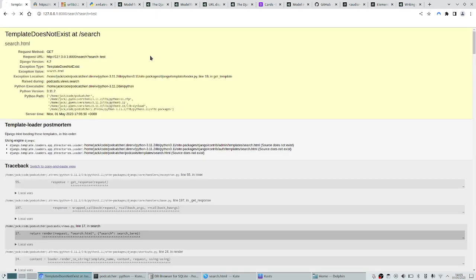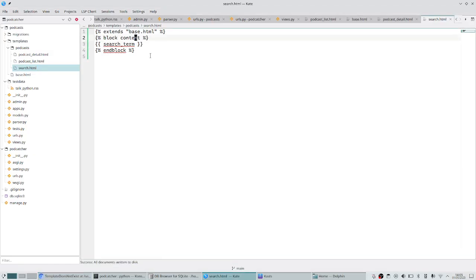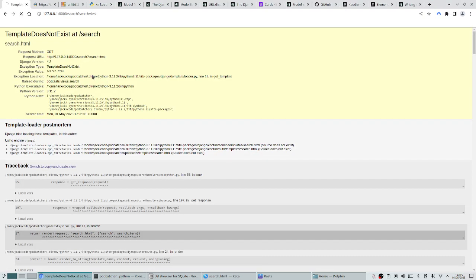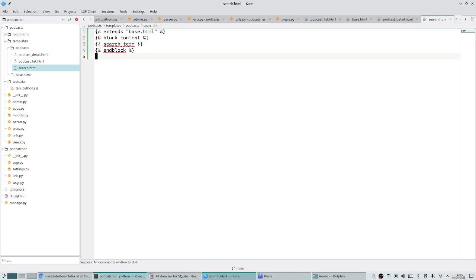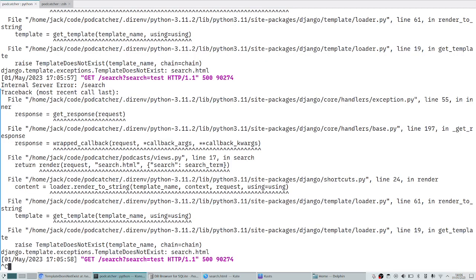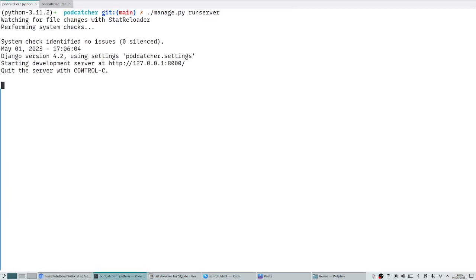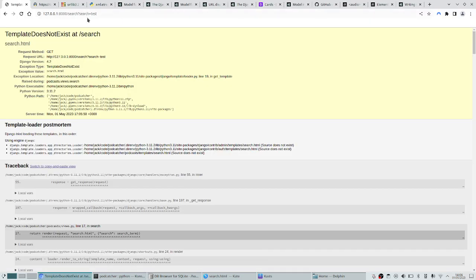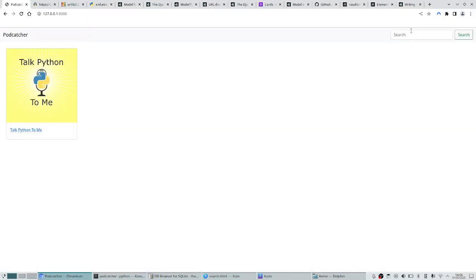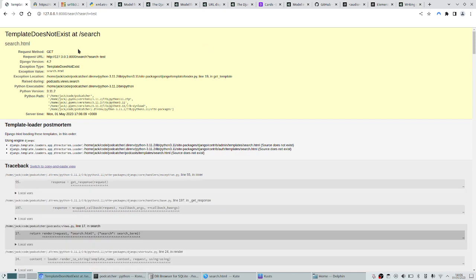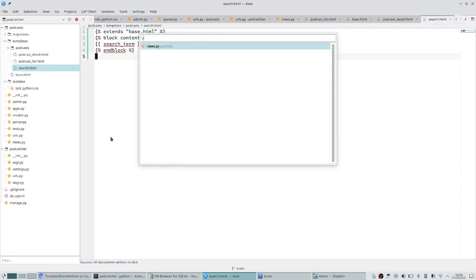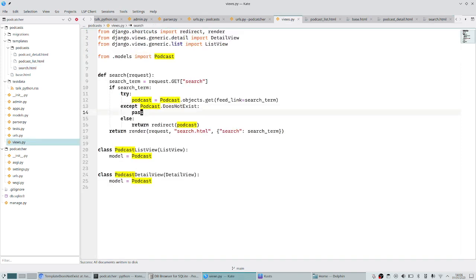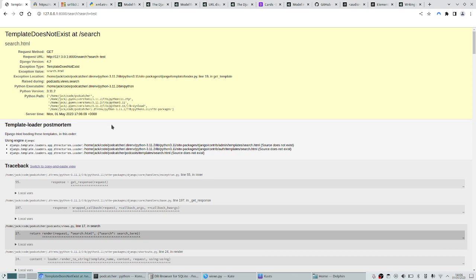Refresh this. It doesn't like our search here. That's interesting. Maybe I just keep refreshing or restart the server for a new template. Let's see what happens. Let's go back here. Type test. Template does not exist still. Oh, perhaps I have to prefix this with podcasts. That would make sense. So podcasts/search.html,